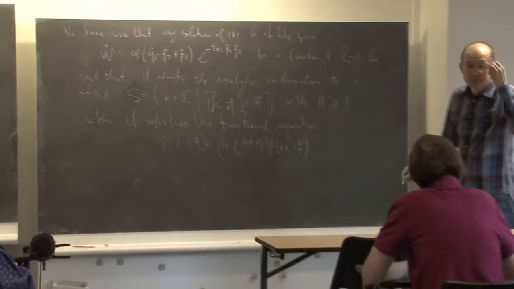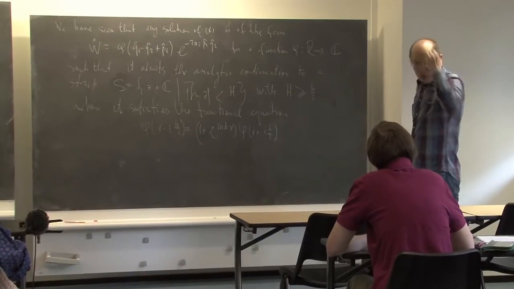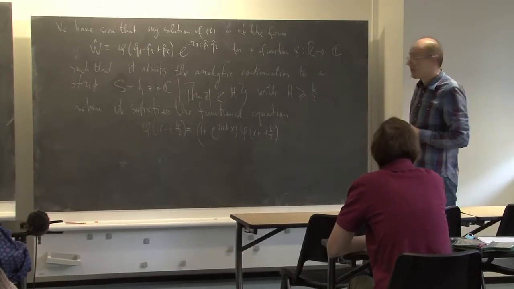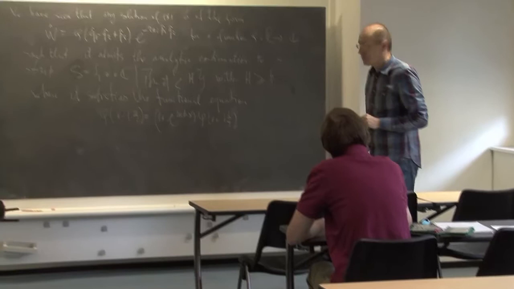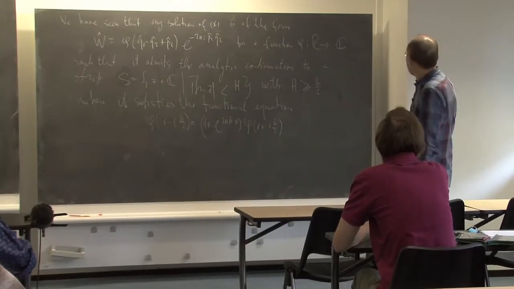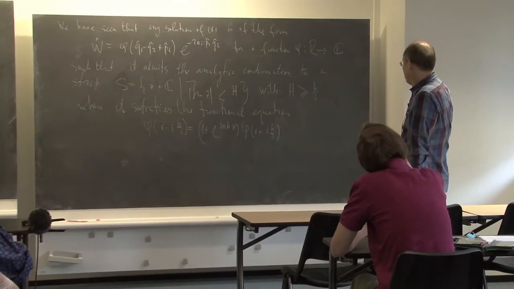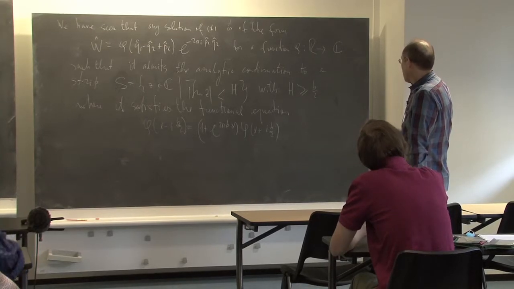But when will it be strictly larger than b over 2? It can be, it will be, we will see. No, but you already also assume that, because otherwise it's not defined if it's just equal to b over 2. Sorry, I'm not sure. If h is equal to b over 2, you cannot go to the plus bi over 2. Well,